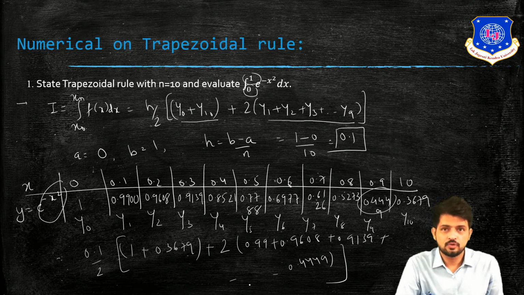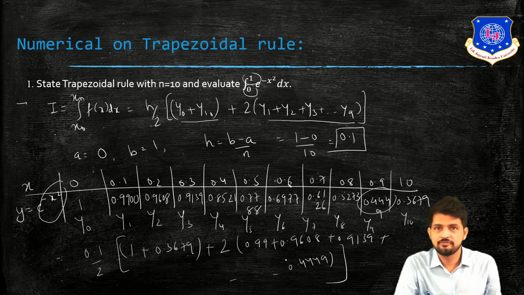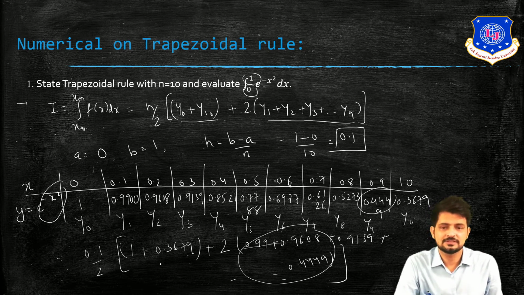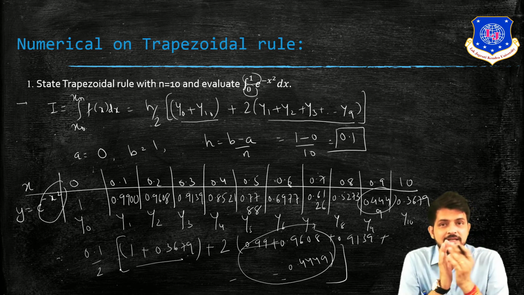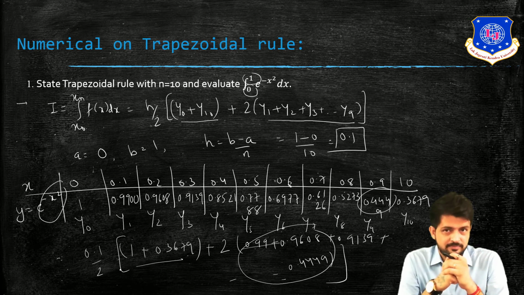Okay, then you have to solve this in the calci and find the answer. You will get the final answer. Again remember the decimal places should be fixed at 4. To avoid any mistakes you have to open the inner bracket first, then the outer bracket, then multiply by 0.1, then divide by 2. If you do not use the proper calci steps, then your answer will not be correct. So you have to verify your answer.